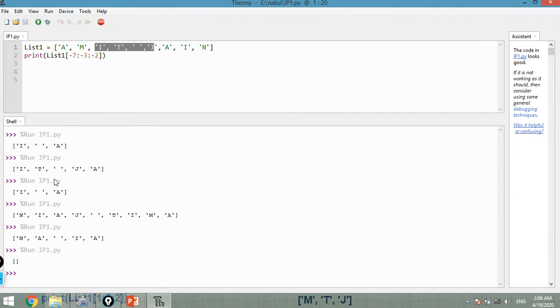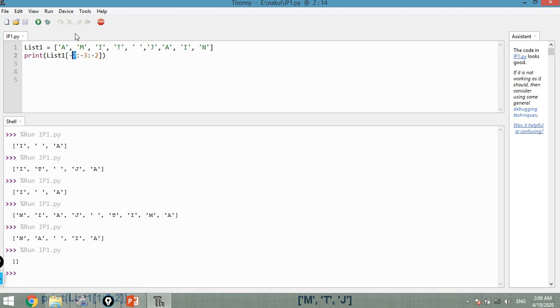Here the output is empty because we are starting from -7 and going forward, but our minus step is showing that we have to move from the backward side. We are giving the index in forward sequence, -7 to -3.